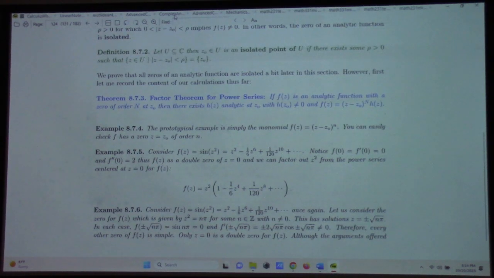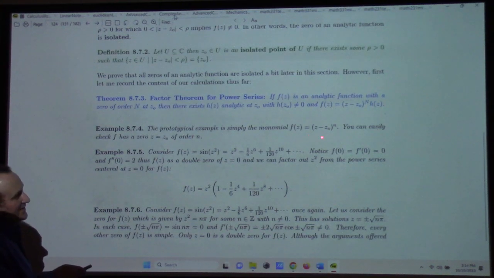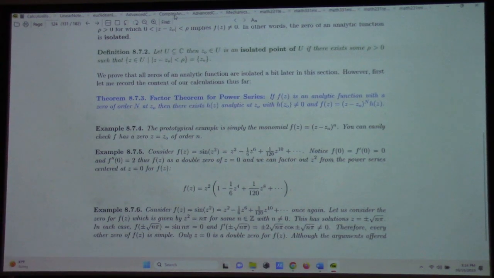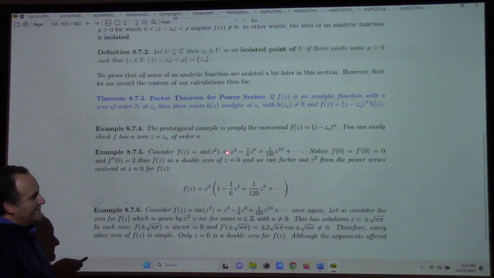Now here's an example. If we look at (z minus z naught) to the n, that is a 0 of order n. That's the prototypical power function. If you differentiate this n-fold, what happens? You just get n factorial, right? But before that, it's 0 when you plug in z naught. So that's a 0 of order n. Sine of z squared. For these kinds of problems, what you want to do is use the known Maclaurin series for sine substituted in. And when you do that, you look at this and you go, oh, wait a minute, I can factor out a z squared. All right, this is actually an